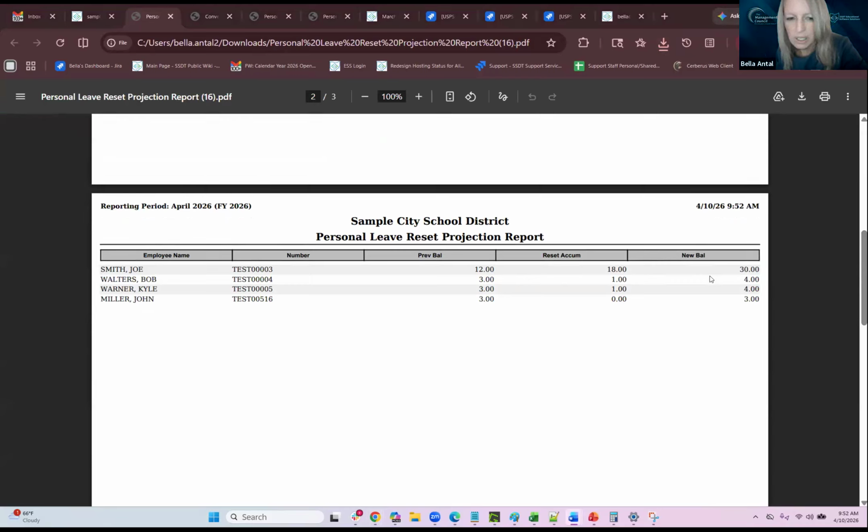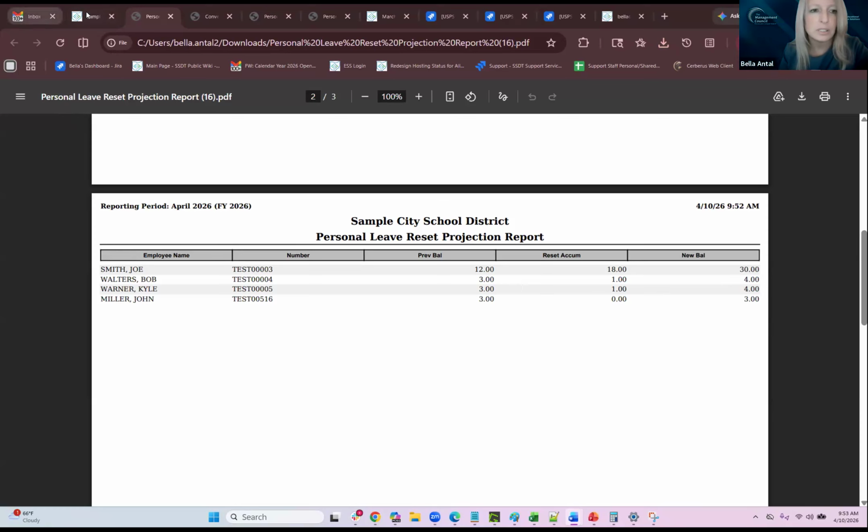For Bob Walters, it allowed 1 day to be carried over up to his max of 4. So this gives you a lot more flexibility basically when you have those scenarios where they all have different arrangements, and I know this was like the missing piece where they couldn't really do these